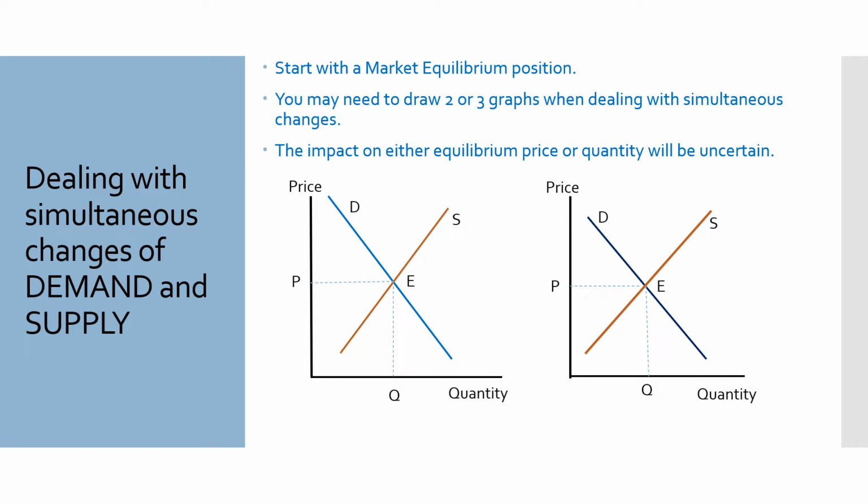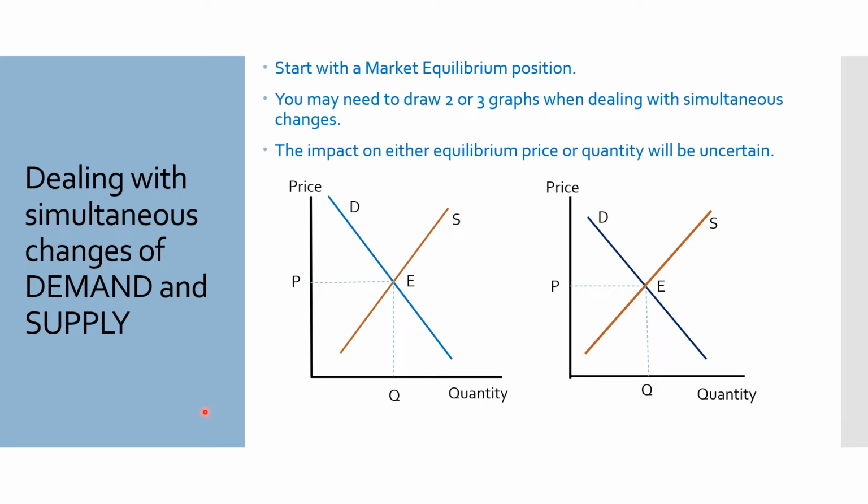All right, now let's take a careful, slow start looking at simultaneous changes. This can be complex for many students, and it does require you to understand all the previous explanations really well. So what would happen if demand increases or decreases? What would happen if supply increases or decreases? Then we've got to actually work out if they both shift together, what is the magnitude of these changes? In other words, do they both shift by the same amount? In other words, demand changes by the same amount as supply? Or is the change in demand greater than the change in supply, or the change in supply greater than the